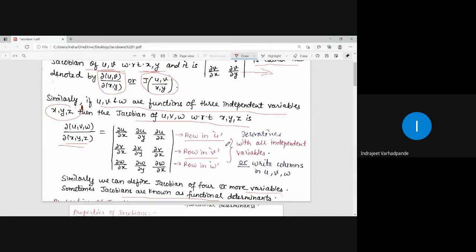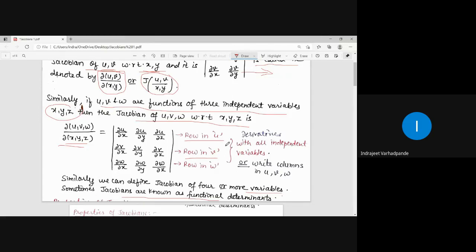Directly we use the statement J into J dash is equal to 1, which is one of the properties. The Jacobian and its transpose, if you take the product, will give you 1. Then the other property, not transpose, is defined the reverse way. So accordingly, J into J dash is 1, so J is equal to 1 upon J dash. If I define a Jacobian of UV with respect to XY, and J dash as the Jacobian of XY with respect to UV, then their product will be 1.